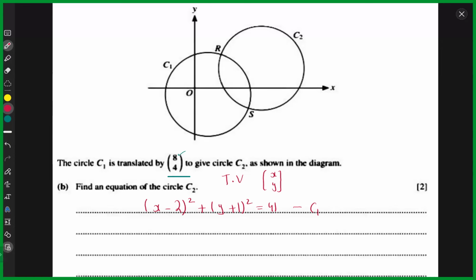For example, if something is moving to the right in the translation vector, it would be positive 8. If something is moving above in the translation vector, it would be positive 4. But actually, in the equation, it was a bit different for x, if you guys remember. So here, it would be,